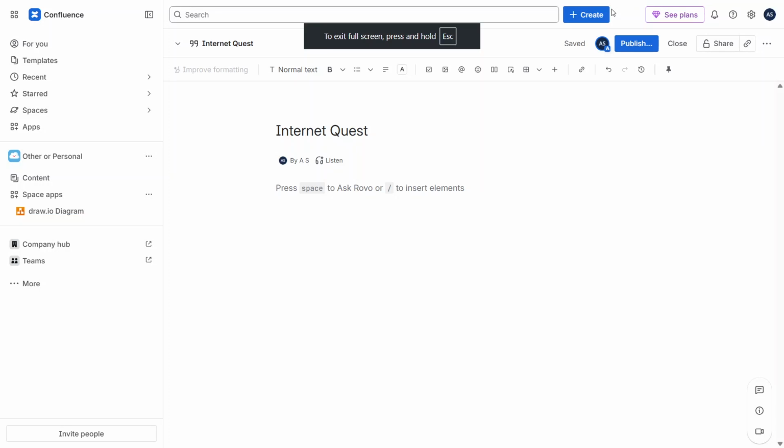In today's video, I'm going to teach you how to add a draw.io diagram in Confluence. If you want to include a visual workflow, system map, or any other kind of diagram directly inside a Confluence page, the process is quite simple once you know where to look. In this walkthrough, I'll show you how to insert a draw.io diagram from inside the Confluence editor and get it